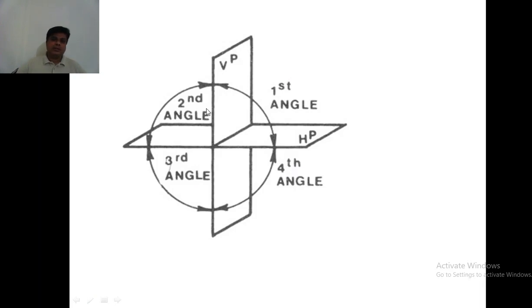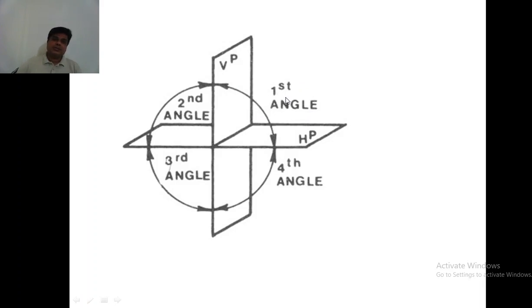But anyway, just forget all these angles, that is all these boxes or quadrants, second, third and fourth. We concentrate only on the first box here, where there are 2 faces, vertical plane and horizontal plane, and we will be drawing only with the first angle projection.